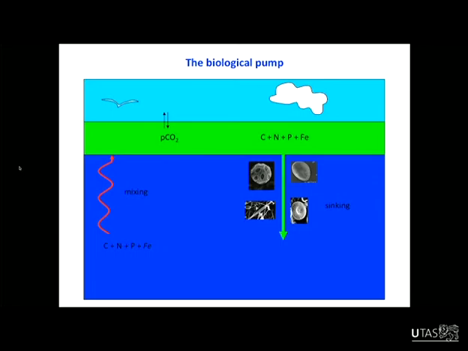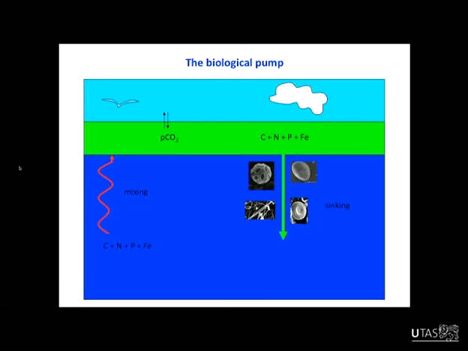So especially in most of the global ocean, the average depth of the ocean is about 3,500 to 4,000 meters, and this material is sinking out probably at the rate of about 100 meters per day. So there's a lot of time for that bacterial activity to occur. So most of the biological material that gets packaged into phytoplankton cells gets remineralized back into the dissolved phase as that stuff is sinking out of the surface waters. It's only a relatively small amount that gets stored in the sediments for geological timescales, thousands or millions of years.